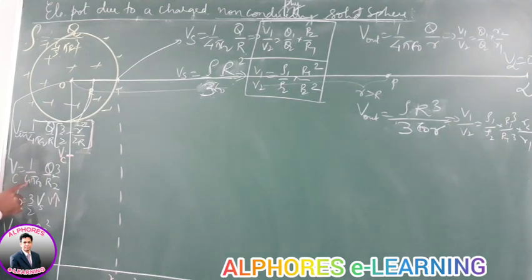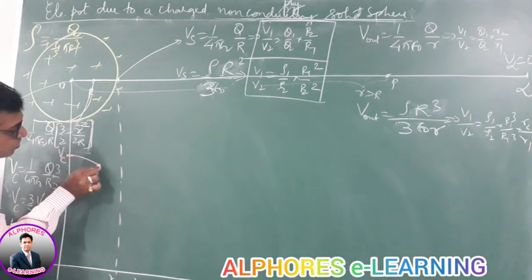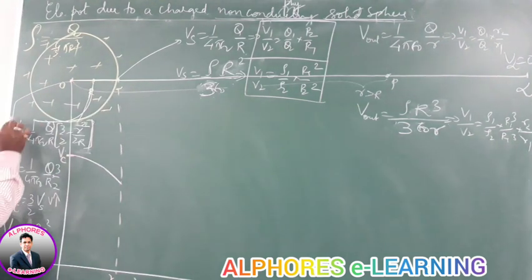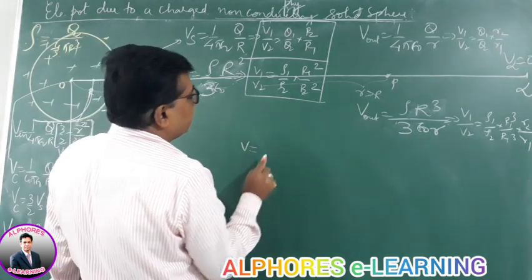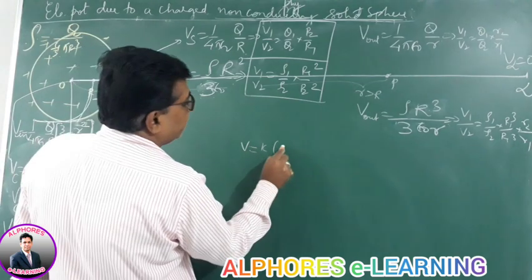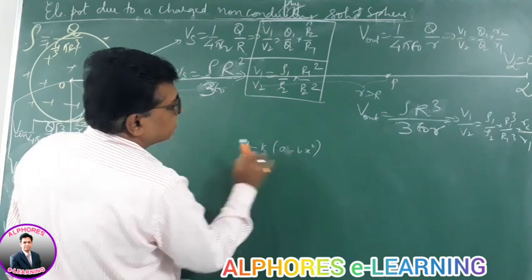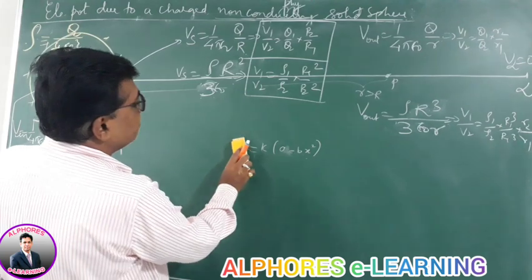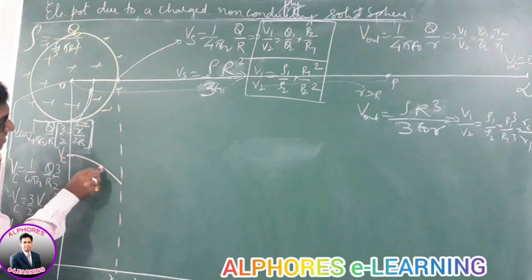We see 4 by 3 pi r 4 by epsilon q by r 3 by 2 times like this. Now on the surface the potential is less, it slowly decreases. Well, this equation from center to surface, the variation is a parabola. It's in the form of V is equal to some constant k into a minus ax minus bx square. Well, this term is a constant, right? So therefore it's a parabola. So a decreasing parabola, a parabola reducing, moving down like this.